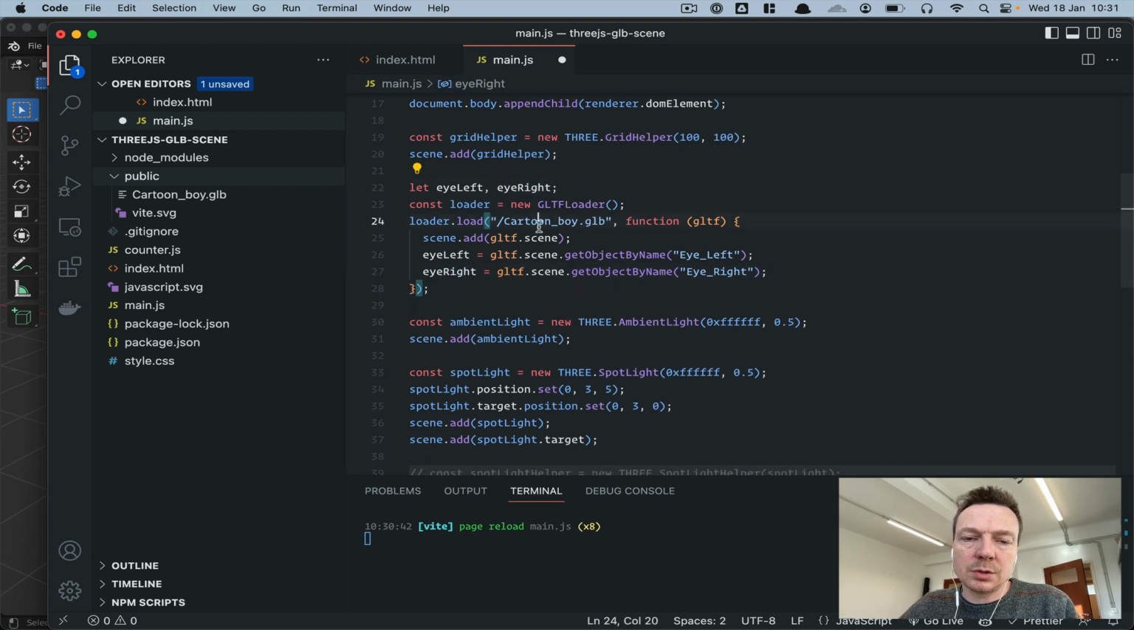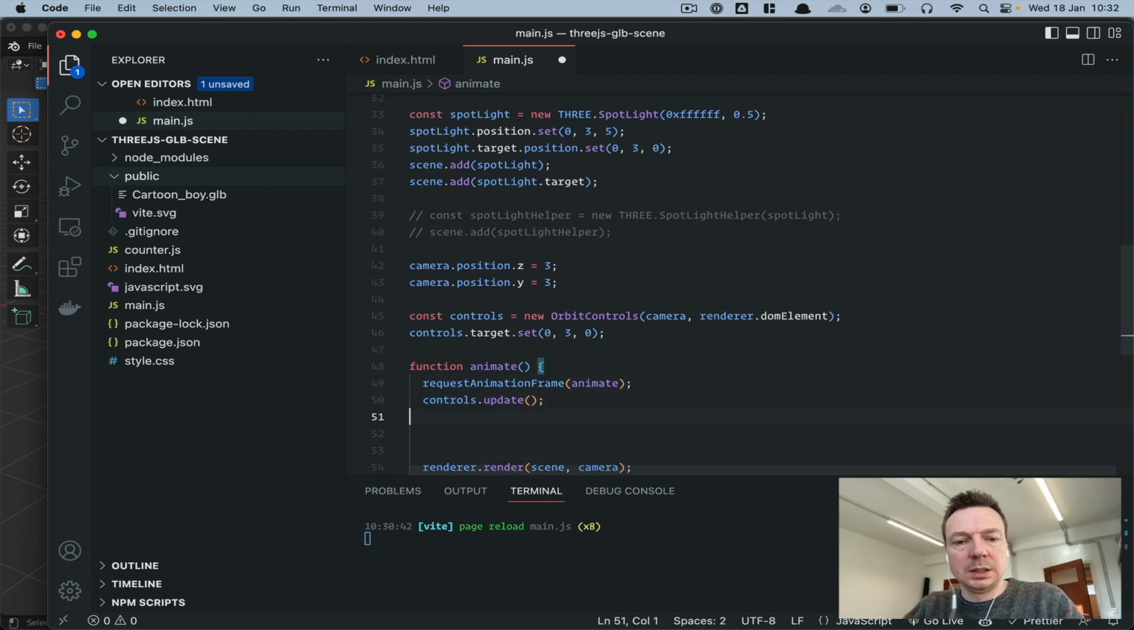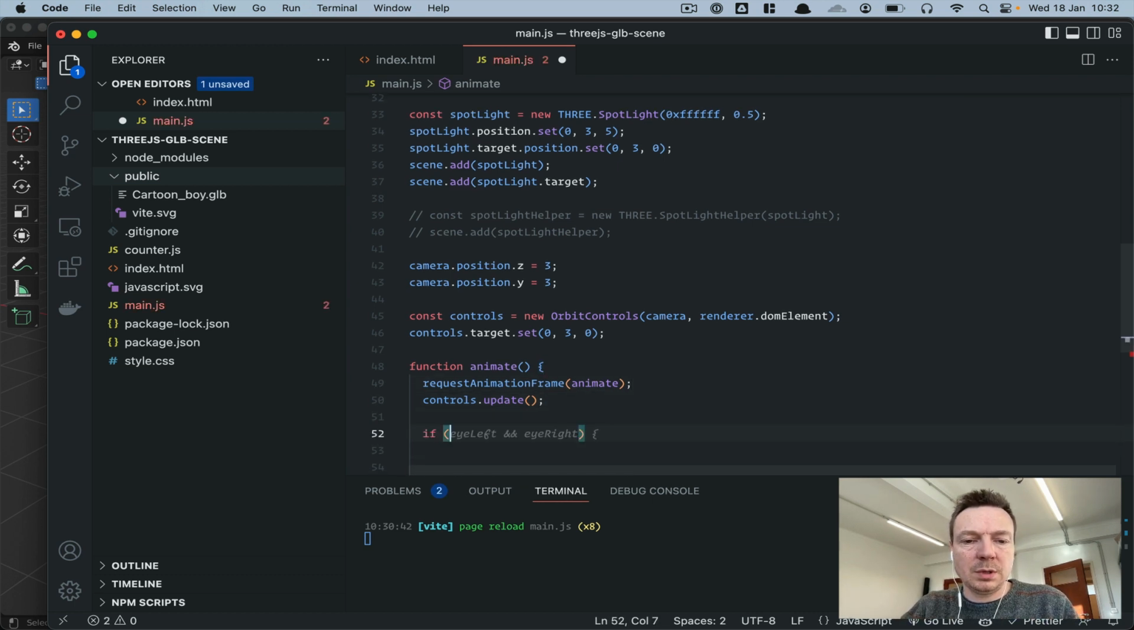That also means that this doesn't immediately go through because it takes some time to load. So for the eye left and eye right, initially they're going to be undefined, so they don't have any information. But the moment we load our scene and we find our eyes, they will be available. So in our animate, we can actually move these around. So I'm going to leave that here and then say, if we have an eye left and we have an eye right,